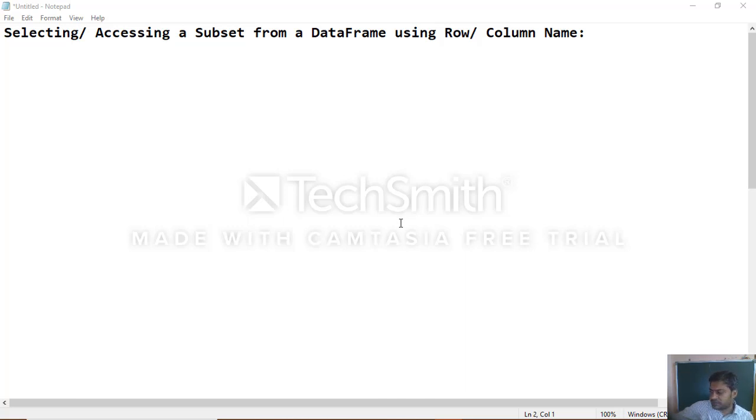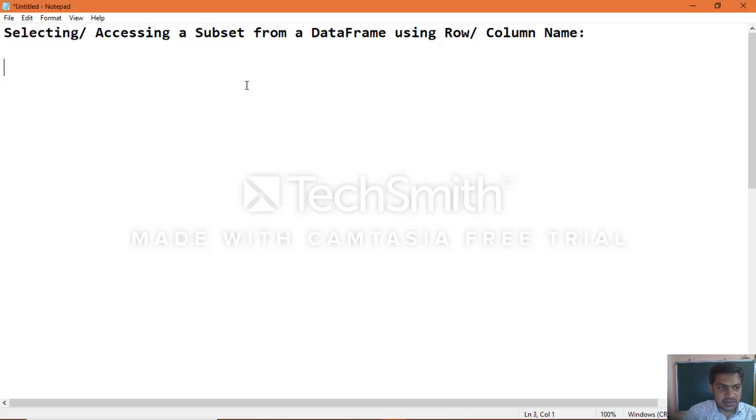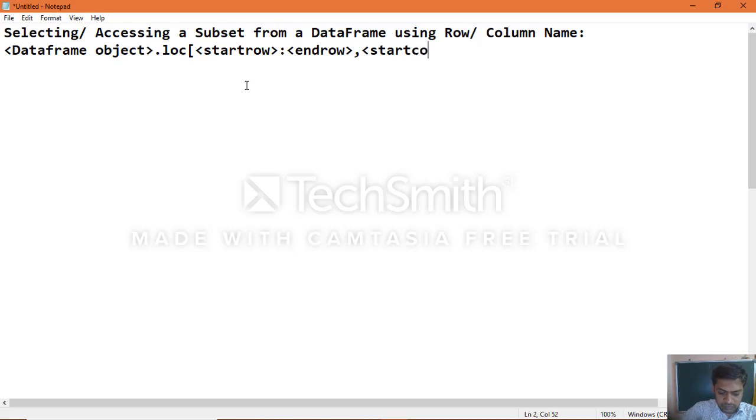We will see how to use the syntax: data frame object dot loc, the location, with start row colon end row, comma, start column colon end column.